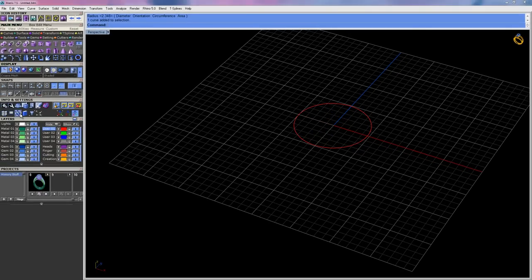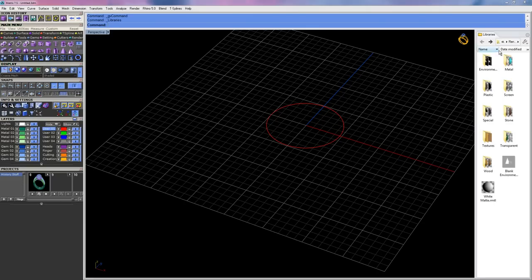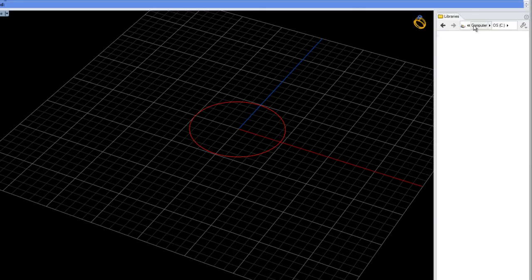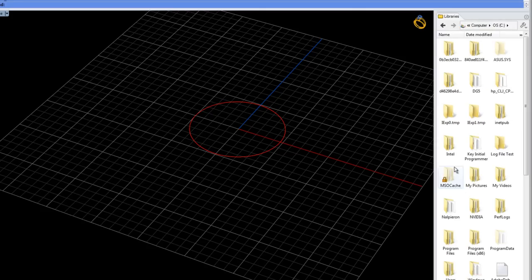Alright, our next icon as we continue on here is a library menu. As I open that up, you can see it comes out docked, but again, like anything else, we can move this around if I wanted to. This gives us a quick, almost like Windows File Explorer, where I can find any folders that I want. You'll see there's a little drop down here, so I can continue navigating through and choosing the different folders on my computer,